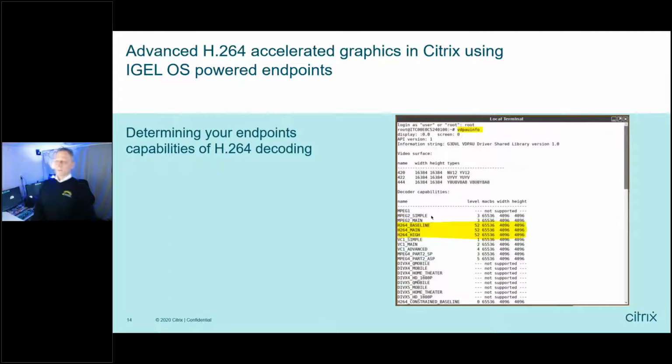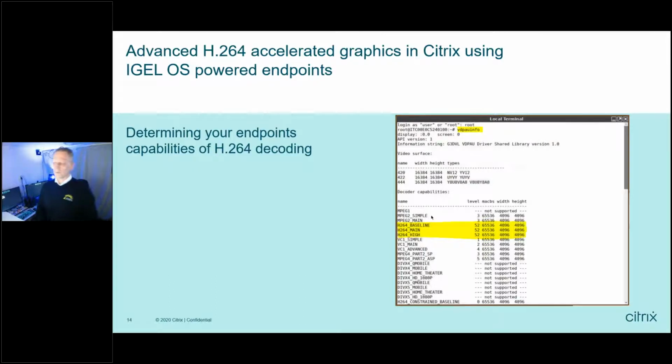So this is a terminal that I've opened up on one of my UD3 devices, where I can type the command vdpau-info, which will give me a response of a lot of characteristics of the GPU that I'm using. If looking at the H.264 baseline, main, and high pieces within this response, I see that